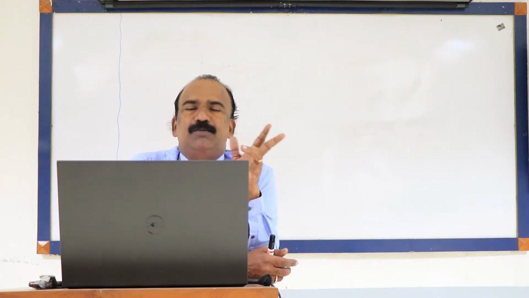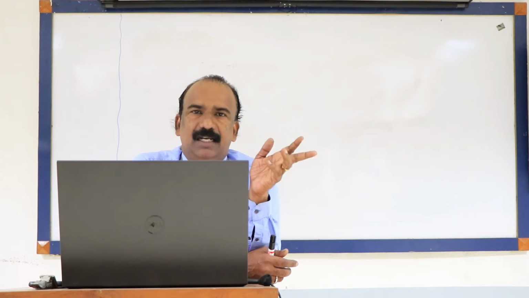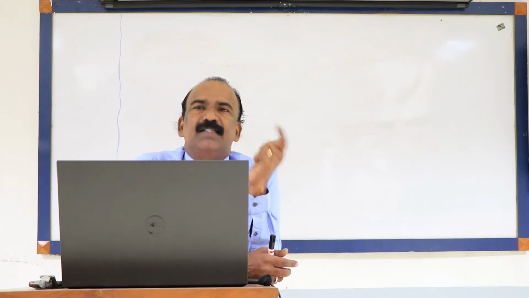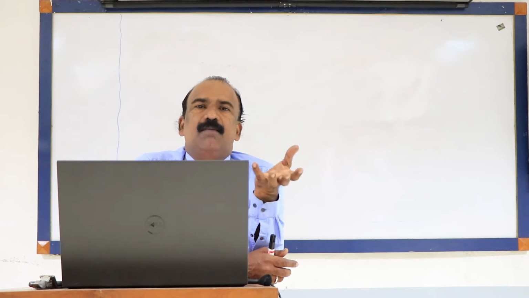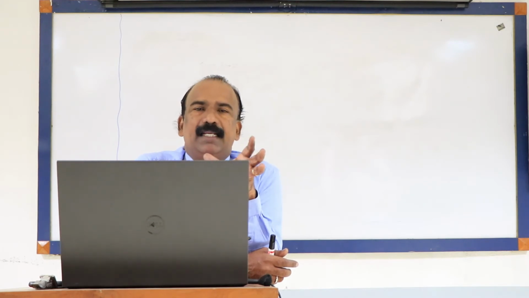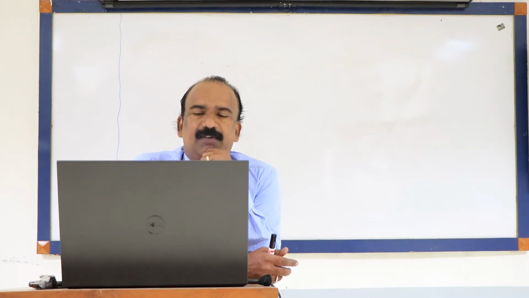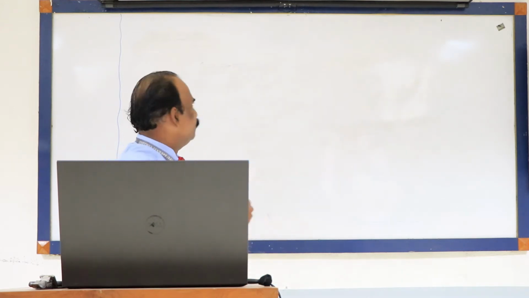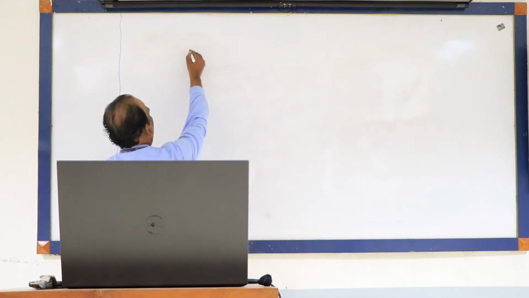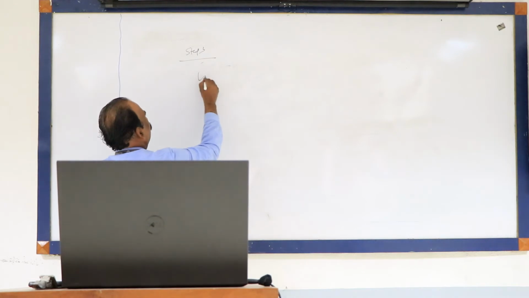So the first two steps we completed in the previous lecture, and today we look at the last step, that is the computation of the present value of cash inflow during the high growth period and the present value of cash flow during the stable growth period, and the aggregate sum of both, which will give us the value of a company. So step 3, kindly write step 3. Step 3, the value of a company.